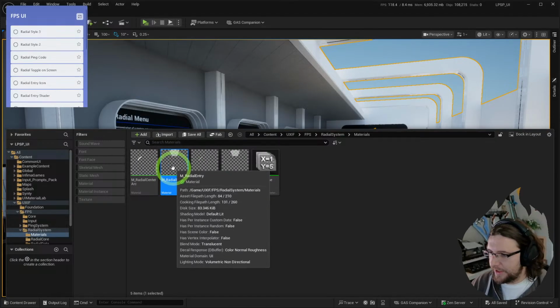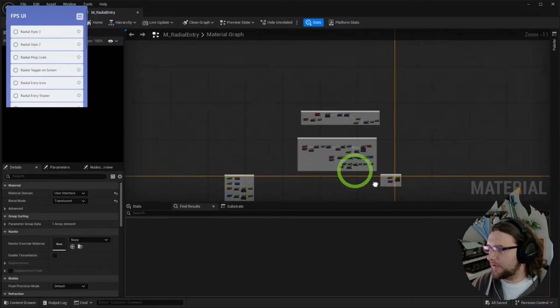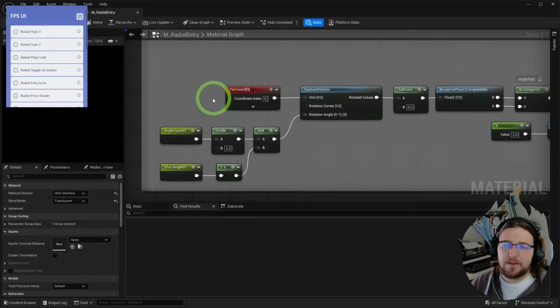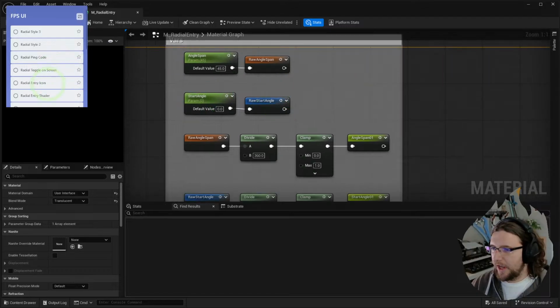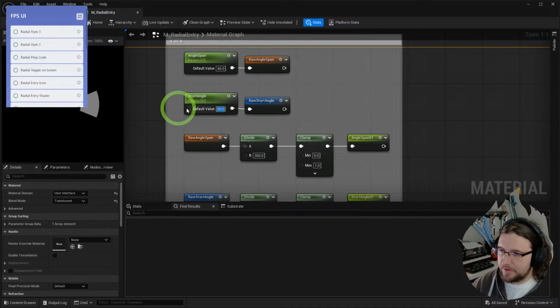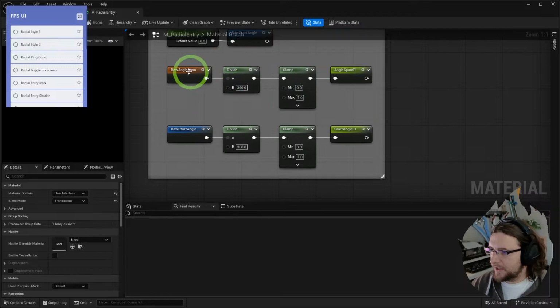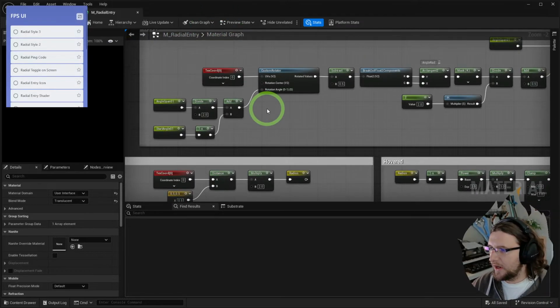We've got this radial entry that we started scripting on stream last week. We've got all these different elements of the code. But the thing that really powers this is that we have an angle span, which in this case is 45 degrees, and we have a start angle, which in this case is 0, but it could be like 90 degrees off to the right. And then we have some 0 to 1 variants of these, and we use that within